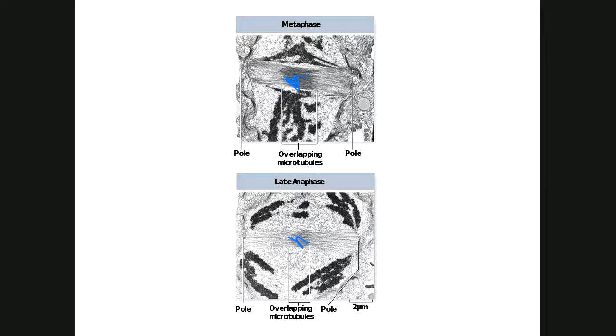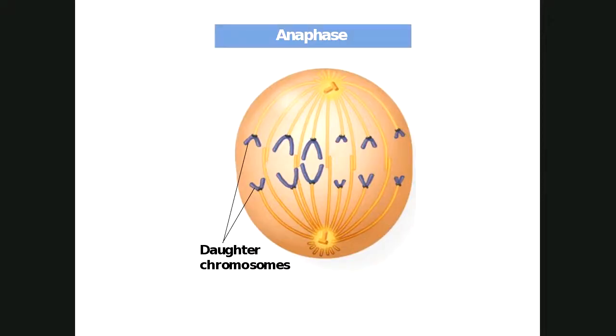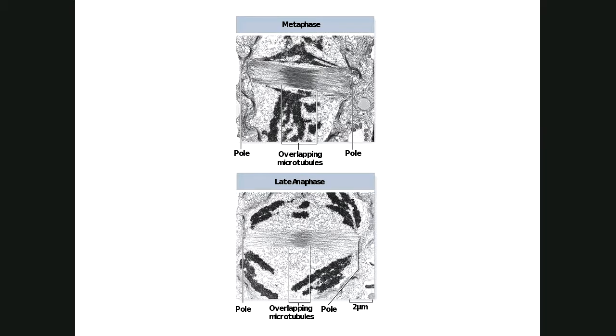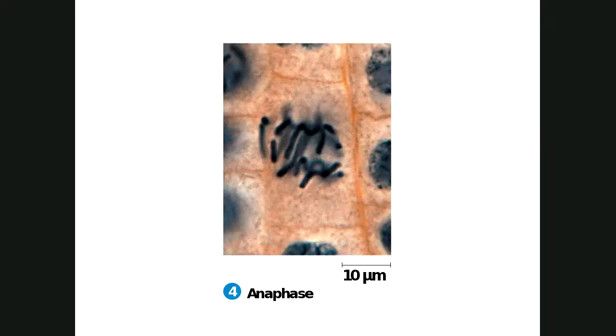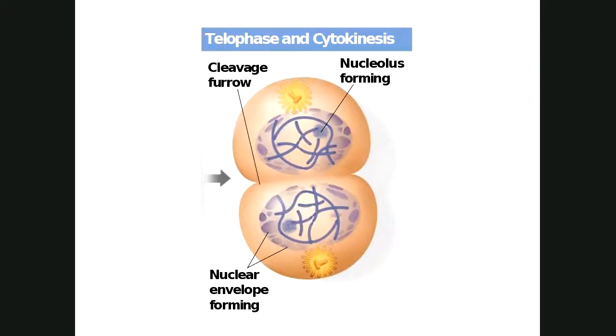What those polar microtubules are doing is, while the kinetochore microtubules are pulling the chromosomes apart, the polar microtubules are spreading the cell, pushing the cell apart. We're eventually going to want to chop the cell in two, so we're beginning to stretch out the cell, so the cell is going to take kind of an elongated shape. Anaphase is going to look like this under the microscope. You can see there's separation in between them. Can't see the polar microtubules, but that cell is being pushed apart. If we go back to an animal cell for a second, we get something that looks like this. Now, this is the next stage, but this is the result of those polar microtubules unoverlapping.